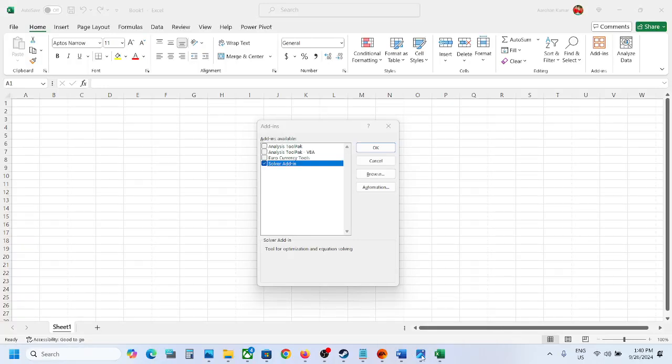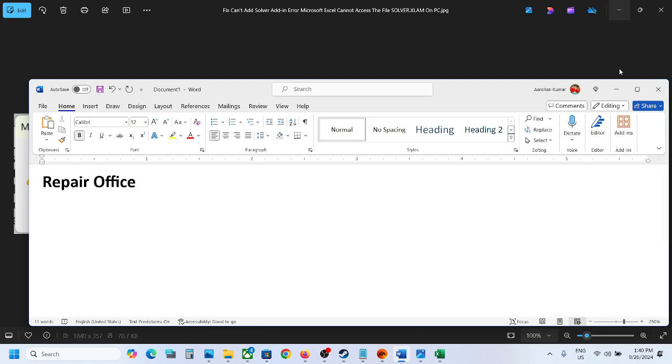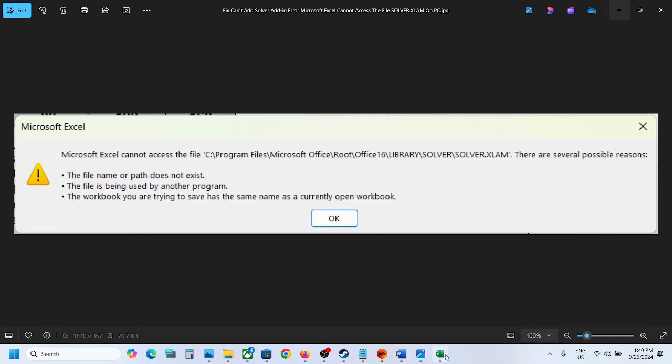So if you're receiving this error, that is Microsoft Excel cannot find this. So to fix it, the first step is to repair Office. Now to repair Office, first of all you can close Excel